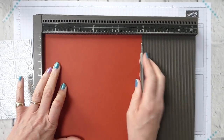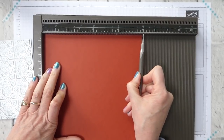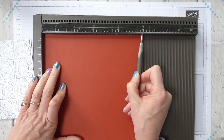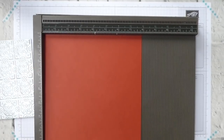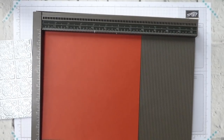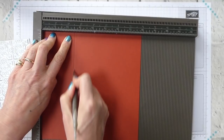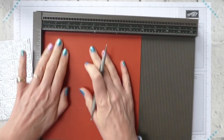This Cajun Craze is not quite 8 inches square. I have taken a 1/16 of an inch off. So there are no 1/16ths on this, this is an 1/8, and I've taken half of that off. And I'm going to score at, let me find my cheat sheet, 2.5 inches. And I'm going to, as I did with the lid, turn it for each score